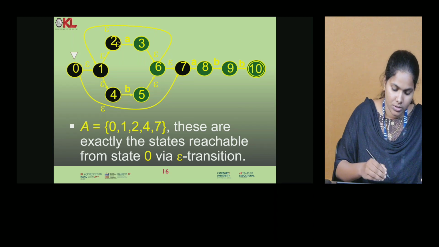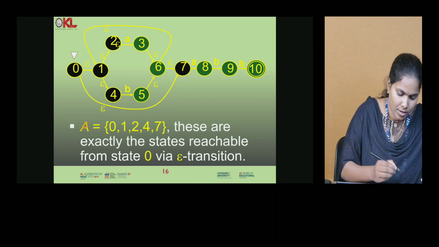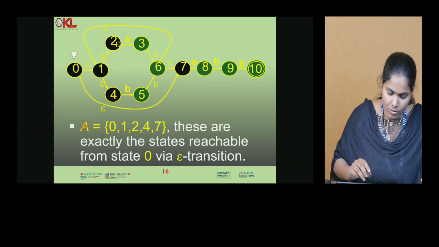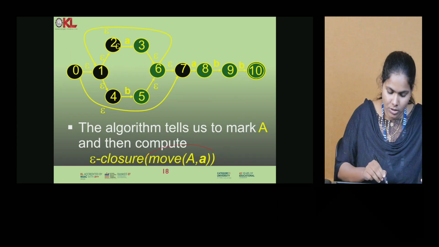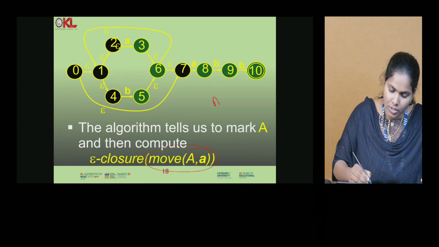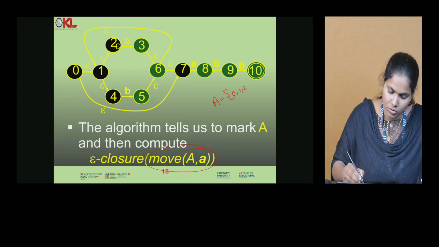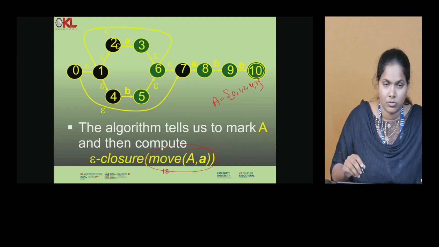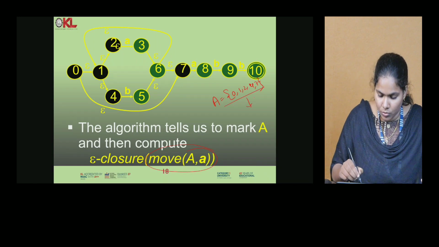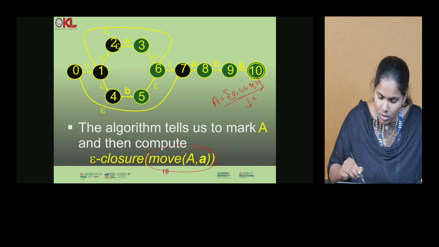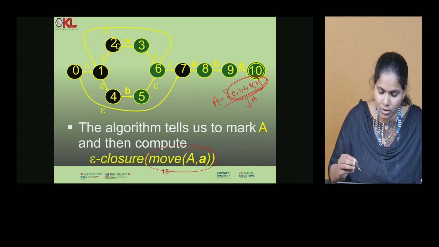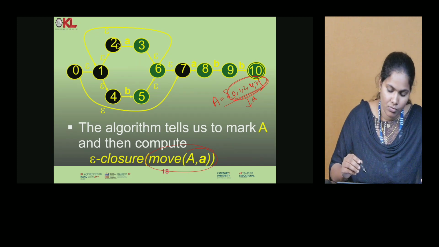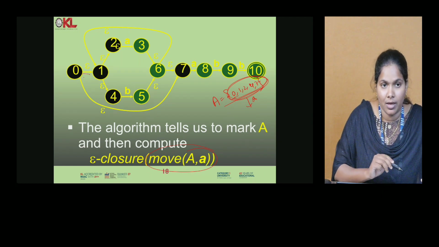And we need to assign this to one symbol, that is A, and we need to see the input. Normally the input symbols are A. Now we need to see the transitions from whatever we are having: 0, 1, 2, 4, 7. So from these on input symbol A, we need to check whether any of these states has a transition on A or not. Does 0 have input symbol A? No. 1